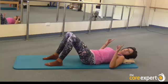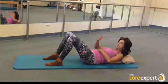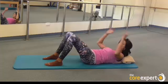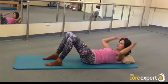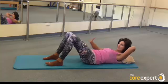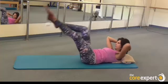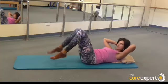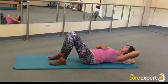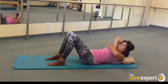So when we're thinking of a chest lift, think of it as a chest lift as opposed to a full sit-up and full crunch. If you can get this muscle and this exercise well now, these are the ones that are going to lead on to all the harder exercises as Pilates grows. But for starters, for beginners, and also just to check your form,